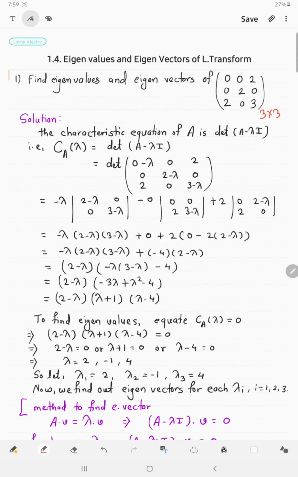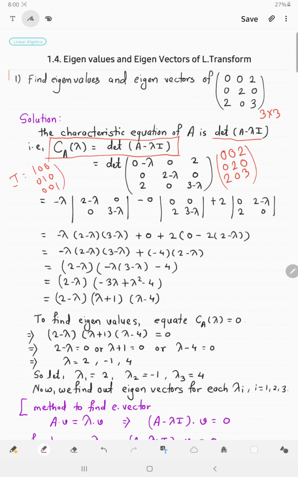Firstly, we will find the characteristic equation of matrix A. We all know the characteristic equation is nothing but the determinant of A minus lambda I. The characteristic equation is denoted by C_A of lambda is equal to the determinant of A minus lambda I. Now, where I is an identity matrix, so what is A? A is 0, 0, 2, 0, 2, 0, 2, 0, 3, and we all know I is 1, 0, 0, 0, 1, 0,